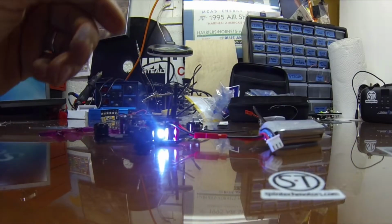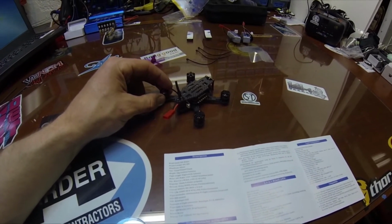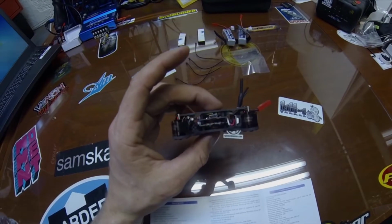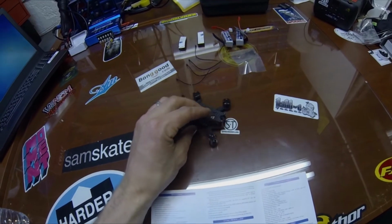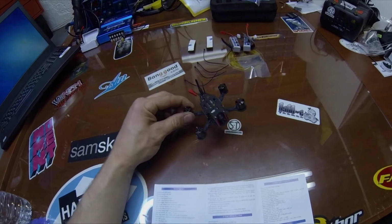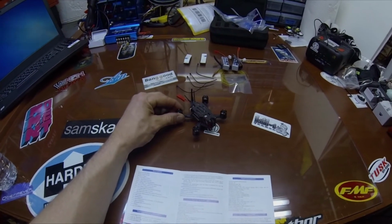I'm excited. So yeah, this thing is pretty loaded for how tiny it is. So I'm really excited to try that all out. I'm excited to fly this thing. This thing is so cool. It's so teeny tiny, and I'm just really excited to fly it. So I'll be back with some